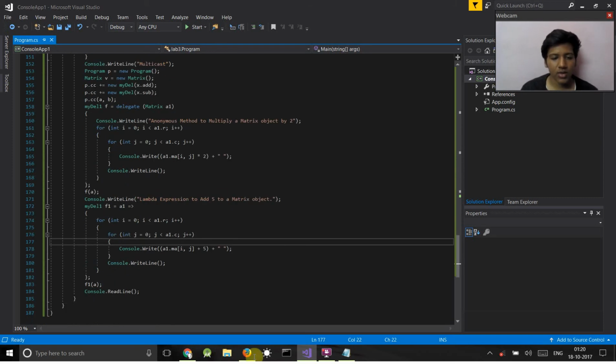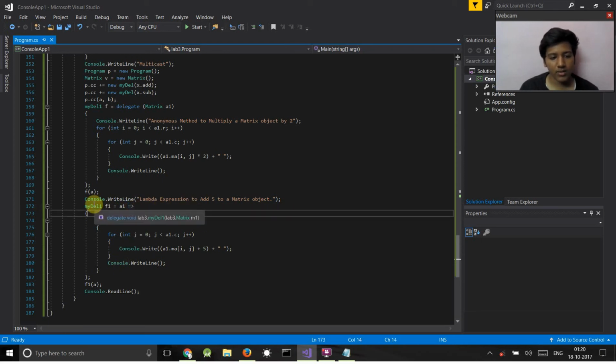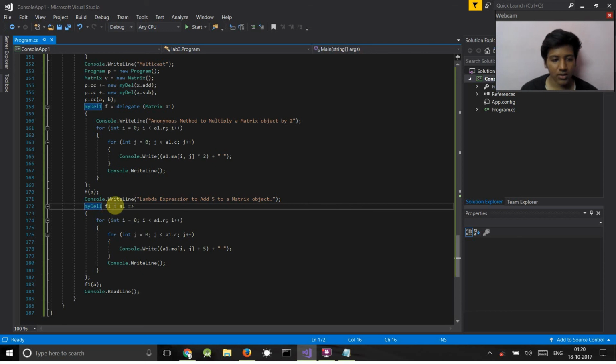And then finally this one is for lambda expression to add 5 to a matrix object. So this is also very simple. Like I said earlier, this is the simple use for a lambda expression. So the syntax is my delegate one. So my delegate one is the delegate that I showed you at the beginning of the program, and then the delegate's variable is equal to the matrix parameter and then the lambda symbol, and then we'll